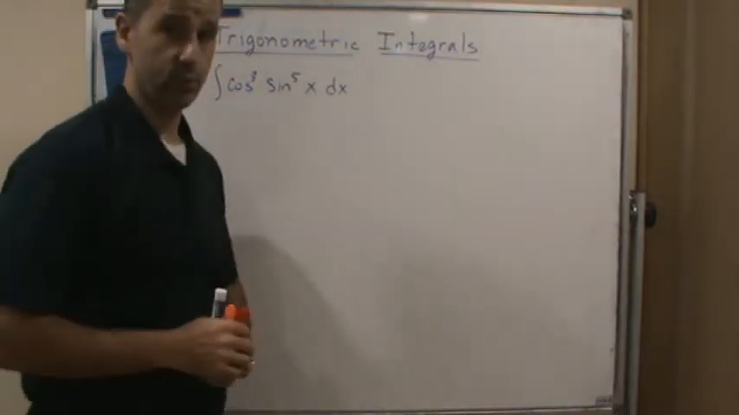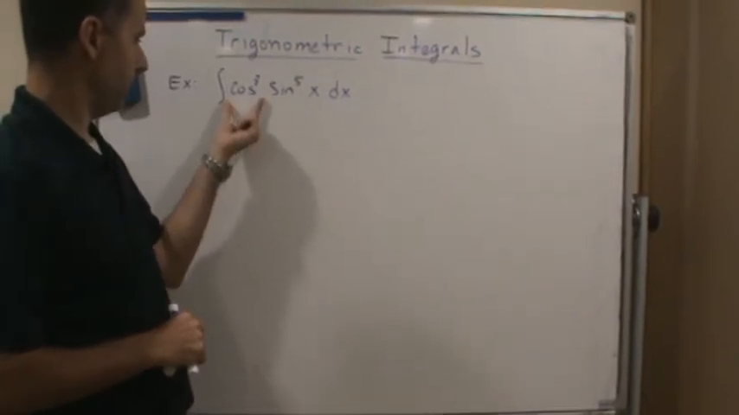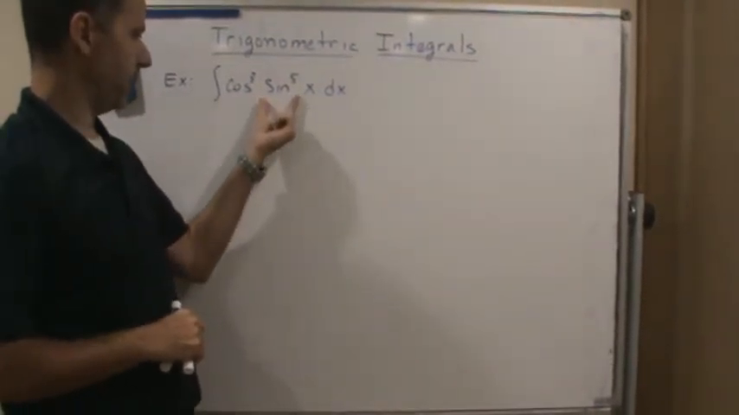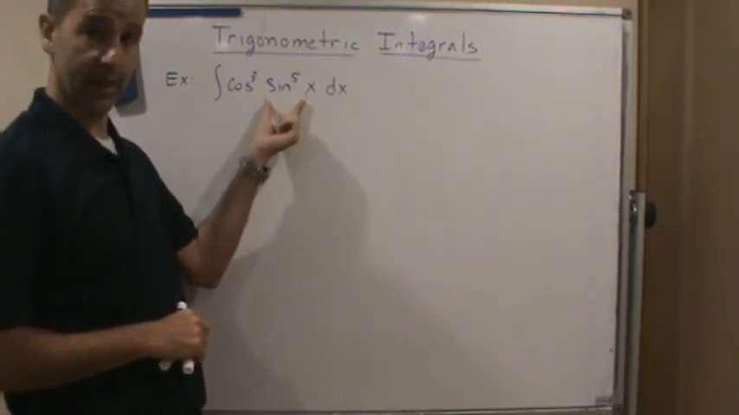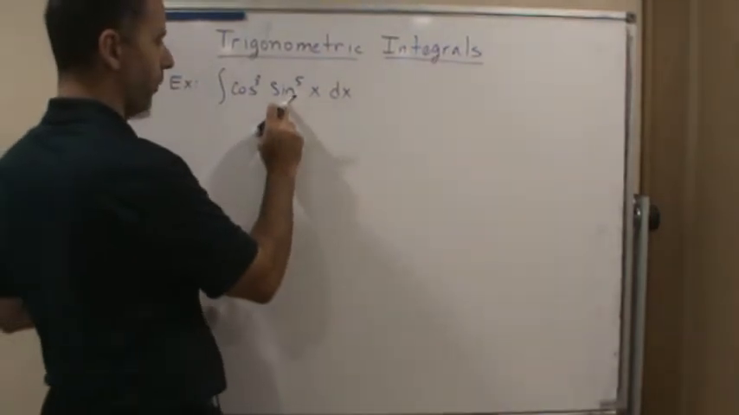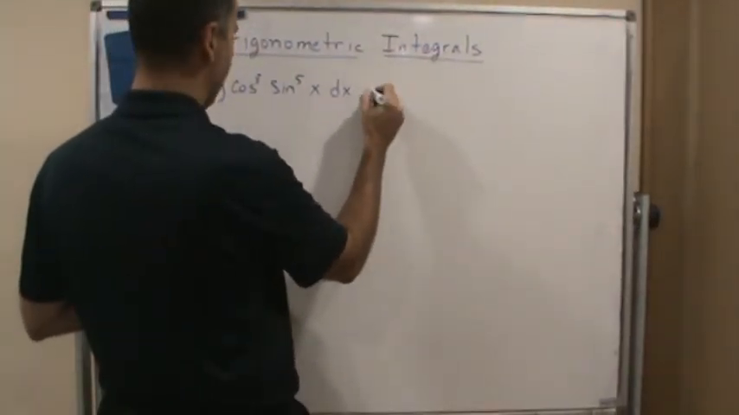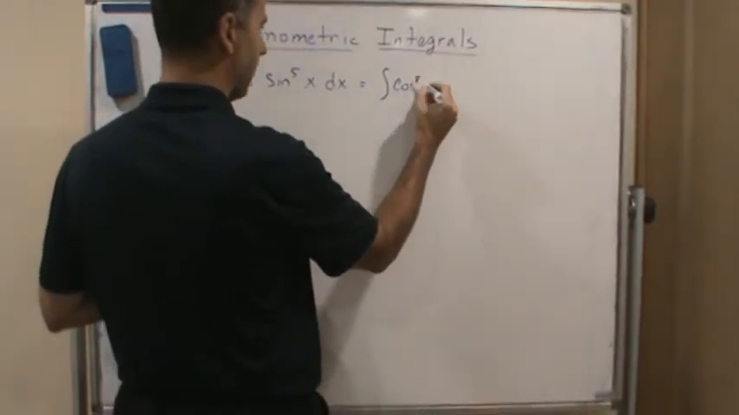Okay, so let's look at this one. In this case, we've got an even power of cosine and an odd power of sine. So we're going to focus on the sine since it has an odd power. Now we're going to shave off one of those sines, and we're going to write it as the integral of cosine to the 8th power